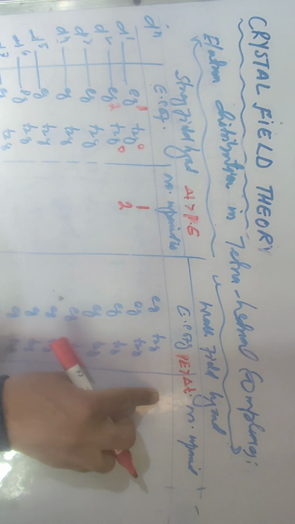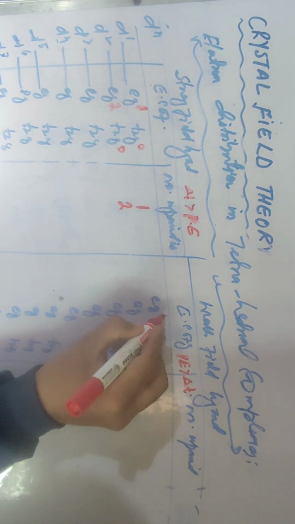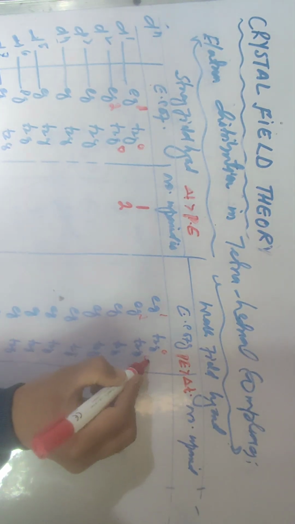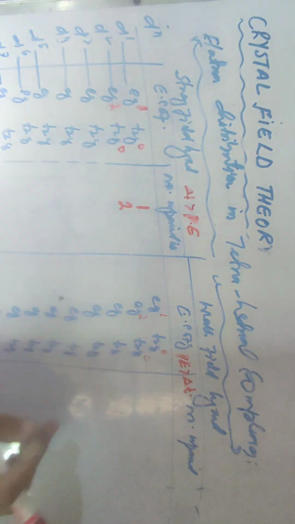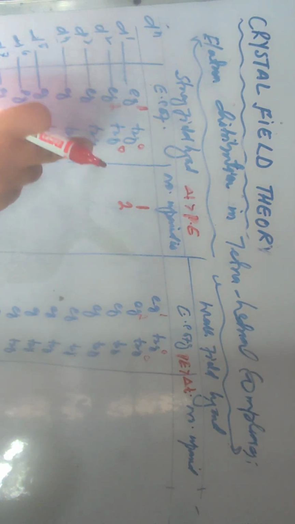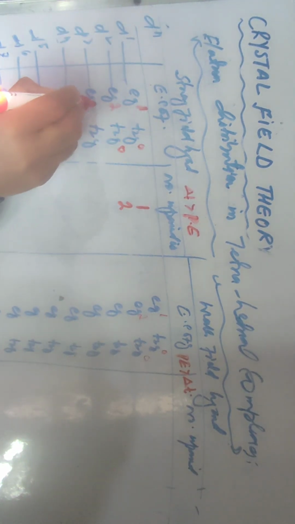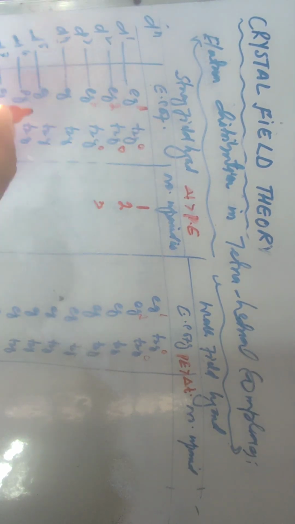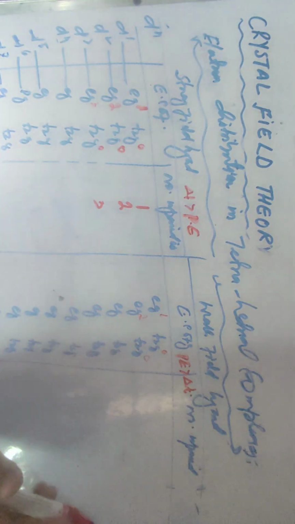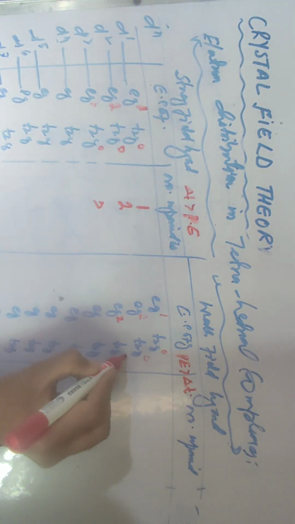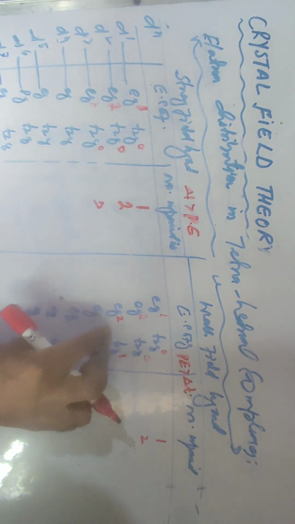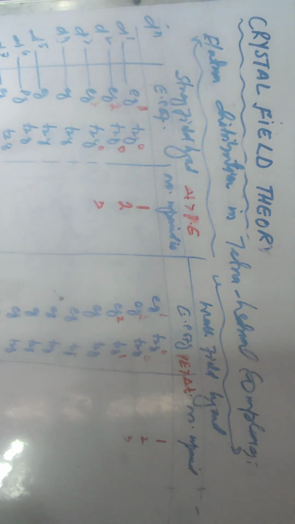लेकिन अगर इस वाले केस में हम देखेंगे, जहां पर वीक फील्ड लीगेंड है, से d1 के लिए यहाँ पर 1 ही होगा और यहाँ पर 0 होगा, और d2 के लिए इसमें 2 होंगे और यहाँ पर 0 होगा। तो वीक फील्ड है और सो इसमें 2 आ जाएंगे। लेकिन जब d3 आयन होगा तो स्ट्रॉन्ग लीगेंड है, यहाँ पर तीनों eg में होंगे और t2g में 0 होगा, तो उसकी वजह से 3 अनपेयर्ड इलेक्ट्रॉन्स होंगे। और लेकिन अगर हम इस वाले केस में वीक फील्ड लीगेंड है, इसमें 2 होंगे और इसमें 1 होगा। तो पहले वाले केस में 1 अनपेयर्ड है और दूसरे केस में 2 है। लेकिन इस वाले केस में 3 अनपेयर्ड इलेक्ट्रॉन्स है। सो दिस इज फॉर d3।